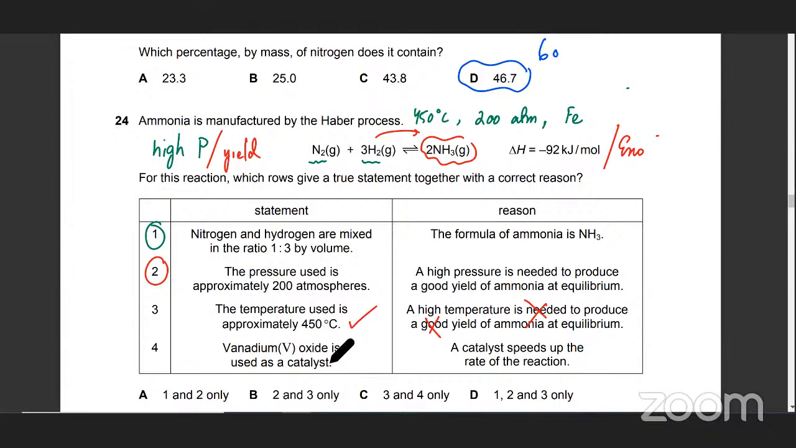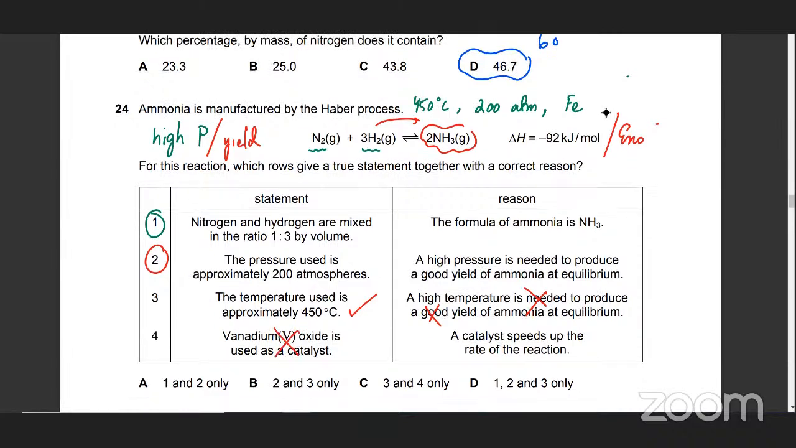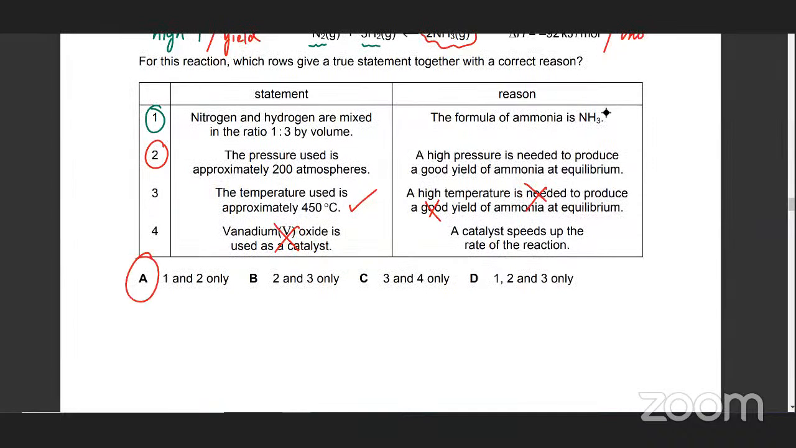And the last one, फिर last one भी probably गलत ही होगा. Vanadium oxide is used as a catalyst. That's not used as a catalyst. Fe is used as a catalyst. ठीक है, that's also wrong. So A is the answer for this. अच्छा, उसके बाद